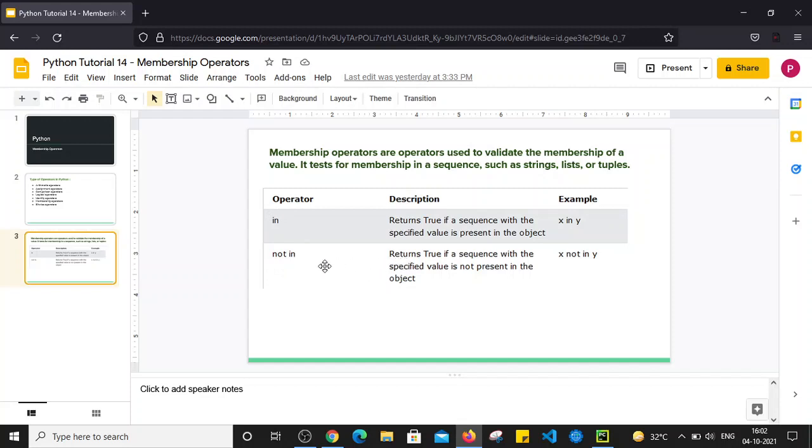If the value of that specified object or variable is present in another sequence, then it will return false. If it is not present, then it will return true. So this is how we can use the membership operators in and not in to check the presence of a specific value in a specified sequence.